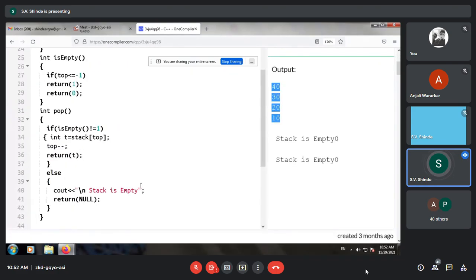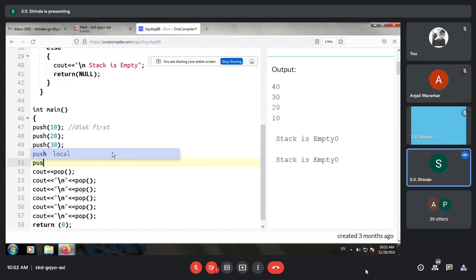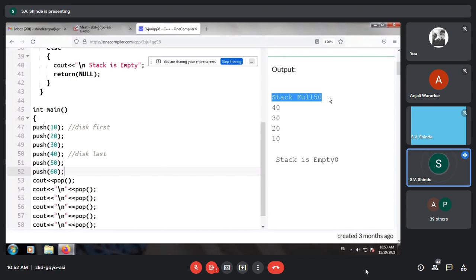Let us push one more data so that we will get the stack full condition. So push 50, push 60. You can see while pushing 60, the stack is full. Everyone getting the concept about stack full?